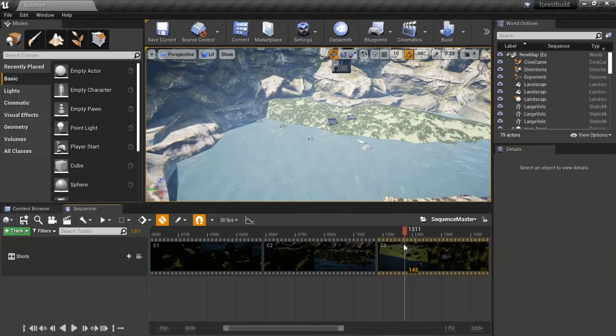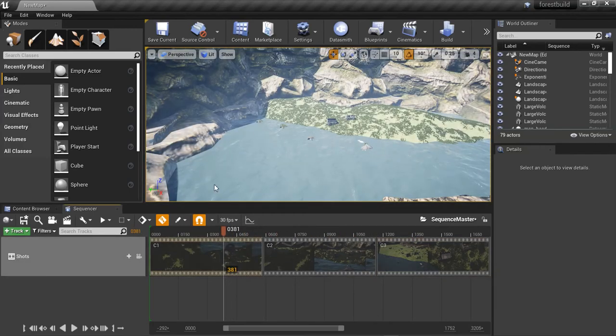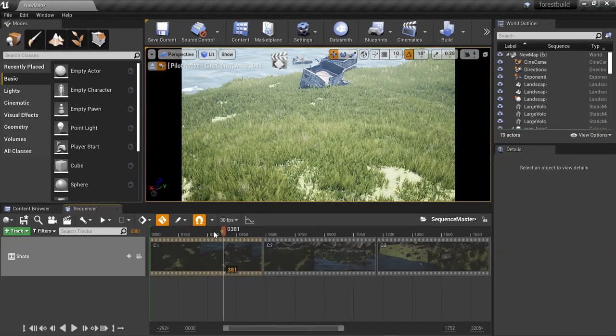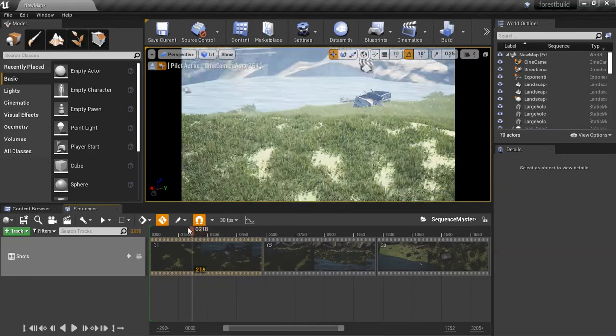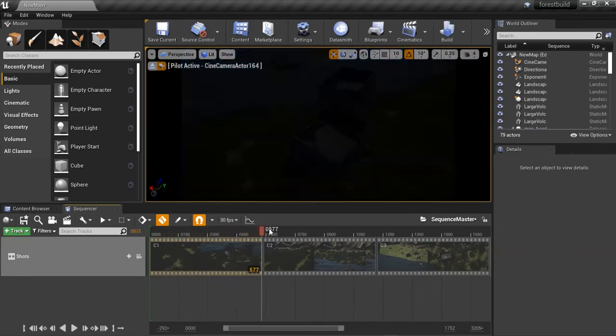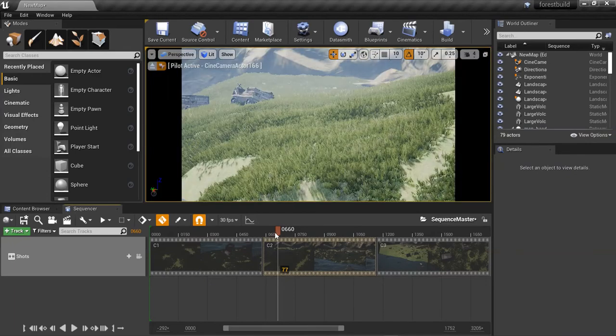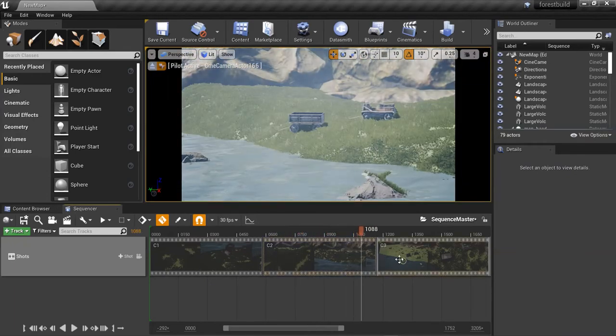One camera is going from the top and one camera is this one on which we are, this one and the camera is this one. For this,